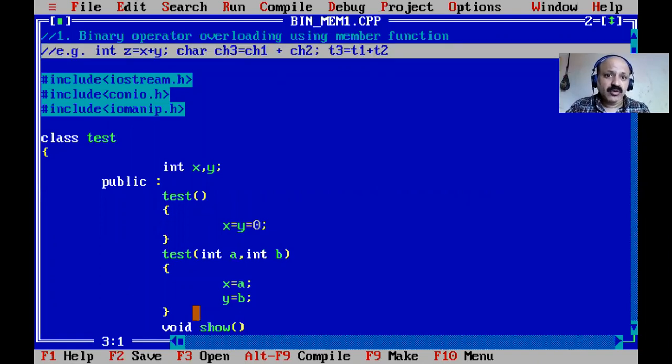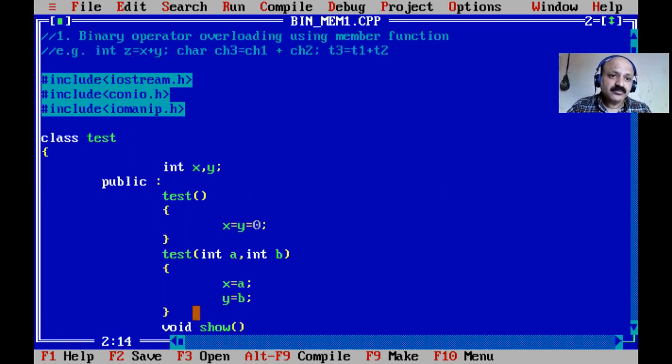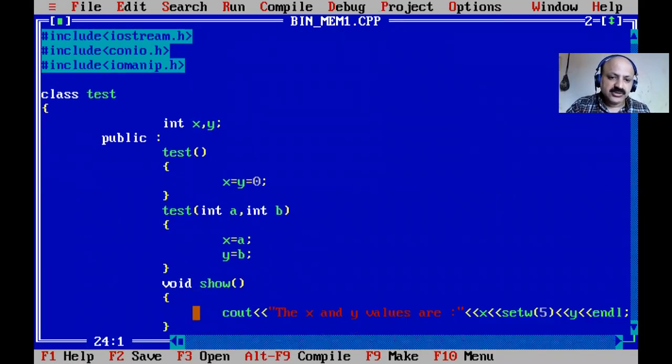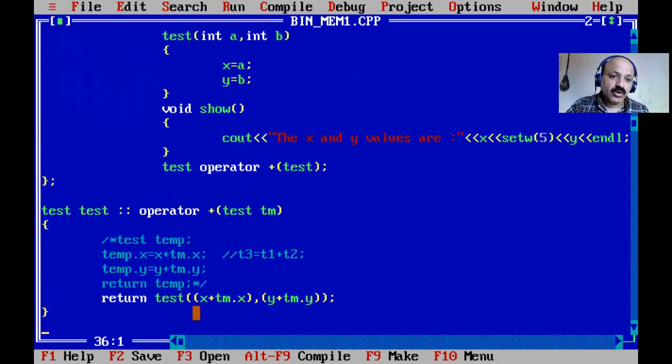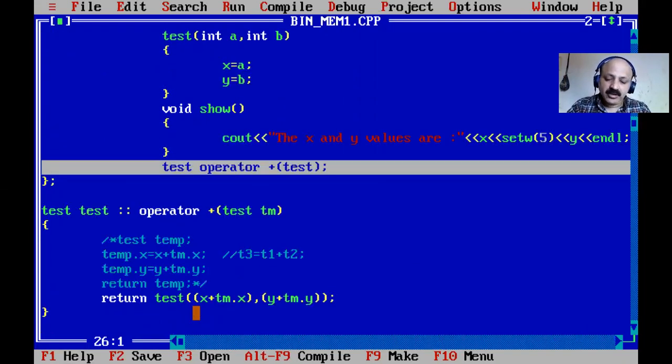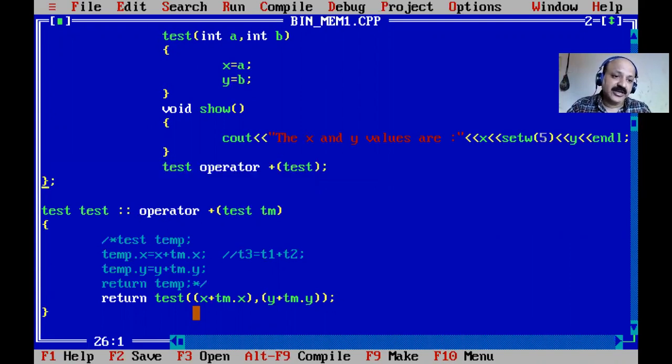That is operator overloading, giving a new meaning, new behavior or new task, that is known as operator overloading. Here two integers can be summed, here two characters can be summed, and here two objects can be summed. Okay, so now I finish this session. Yes, so enjoy and write this program in your notes, the operator overloading declaration and then definition, and we convert it into only one statement. That is the very important thing in this session.